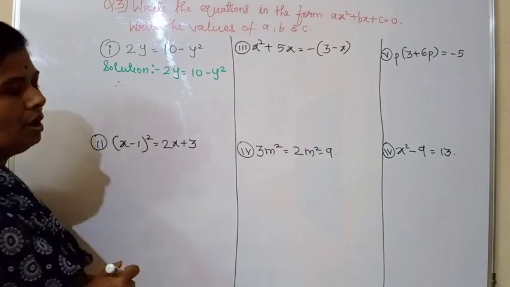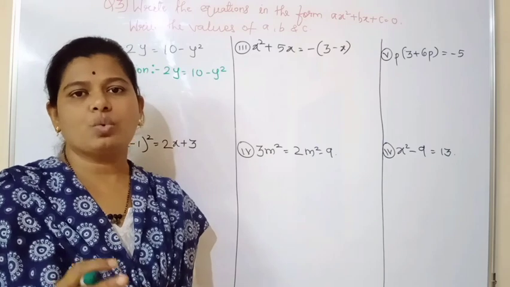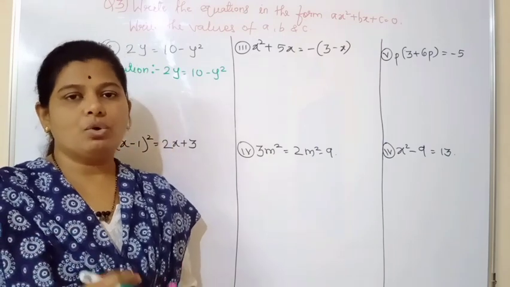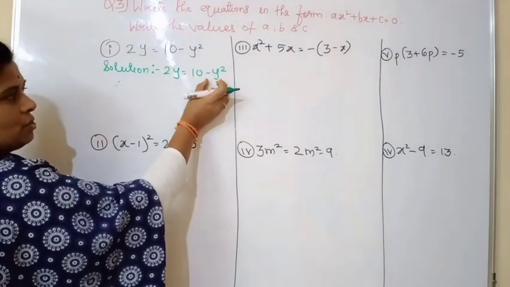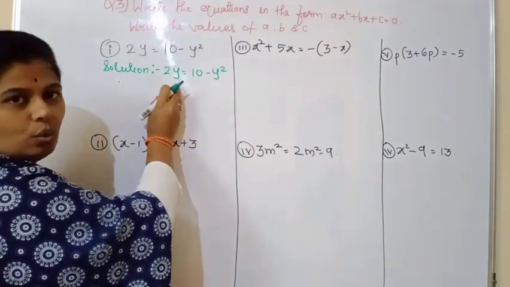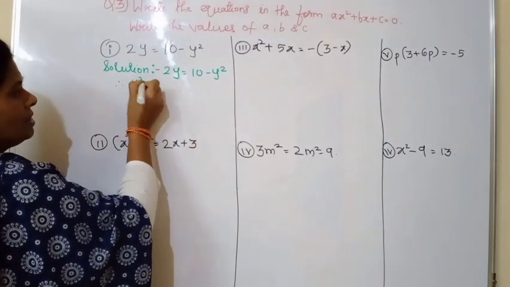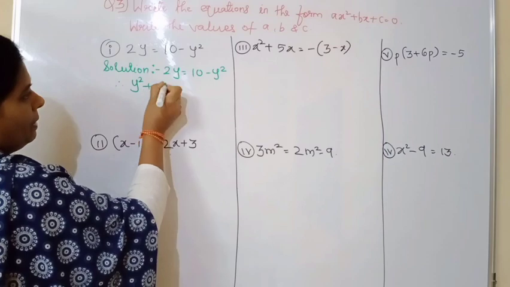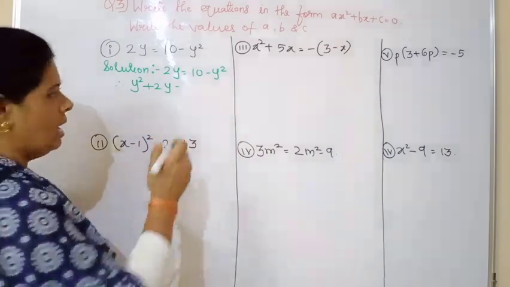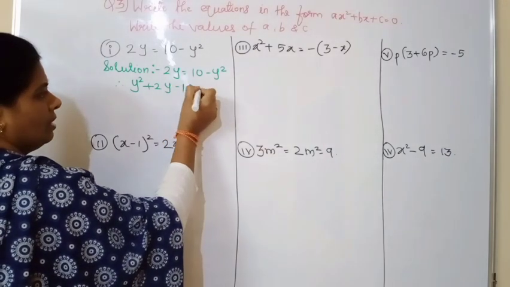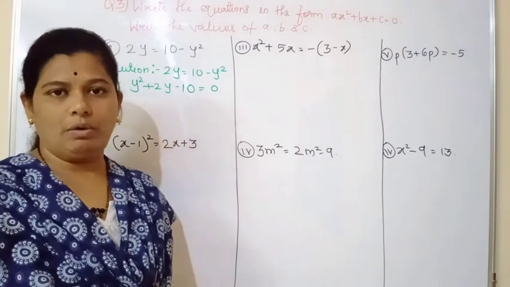Therefore now we will arrange the equation. What is our standard form? That is ax square plus bx plus c. So first of all, in the beginning there should be a square term. So this y square we will shift to the other side of 2y. This minus y square will become plus y square, then plus 2y, and 10 will shift to the left and become minus 10, equal to 0. So we have arranged the equation now.